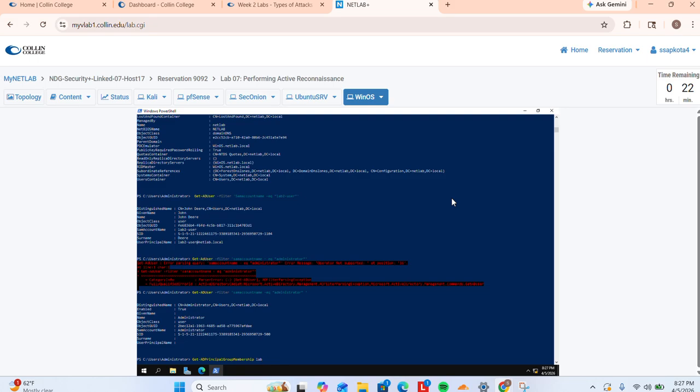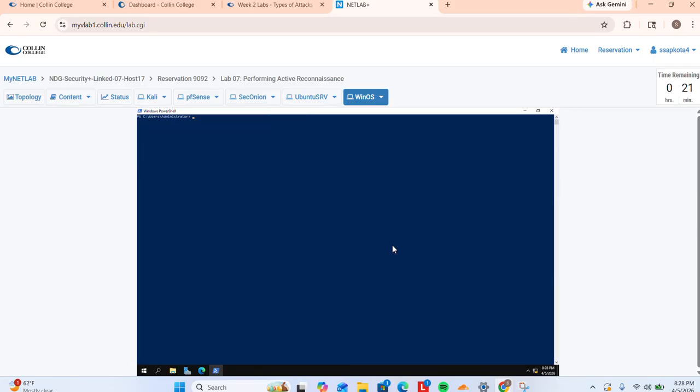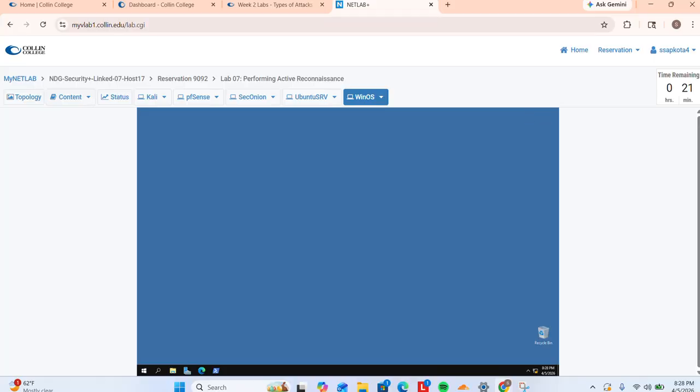So I can see the output from this command which is being shown here currently. After that I am typing cls and it will erase the whole thing, and I am leaving the PowerShell open and moving to my next task,